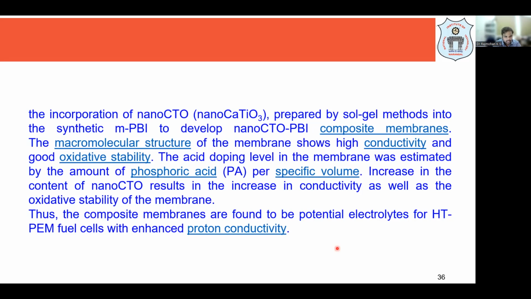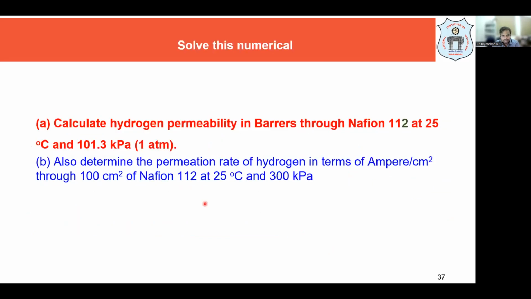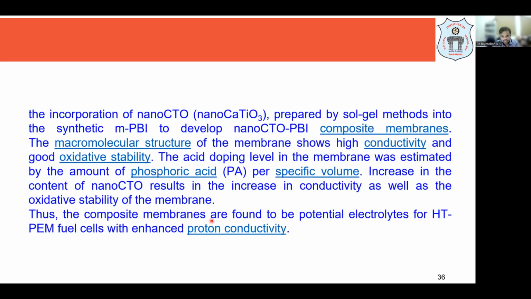So the increase in the content of nano CTO will result in an increase in conductivity as well as the oxidative stability of the membrane. Thus these composite membranes are found to be potential electrolytes for high temperature PEM fuel cells with enhanced proton conductivity. Okay. So that completes this elaborate lecture on